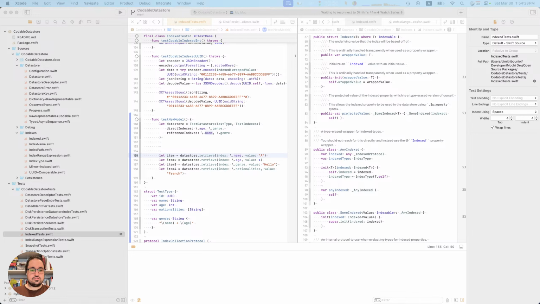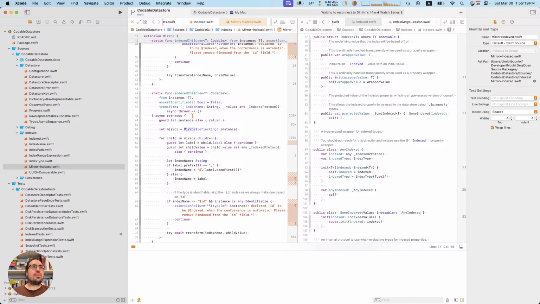We no longer need this, because we're no longer introspecting. That can stay there. Index type.